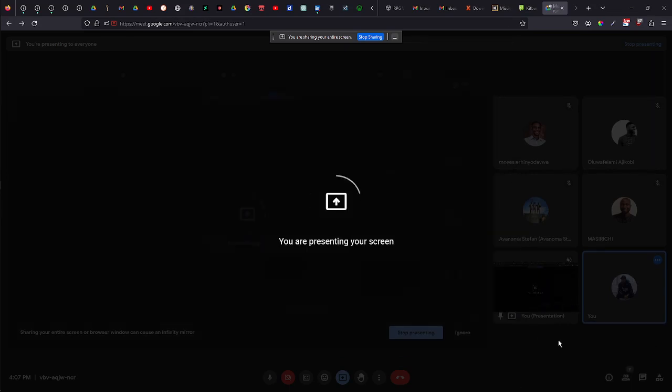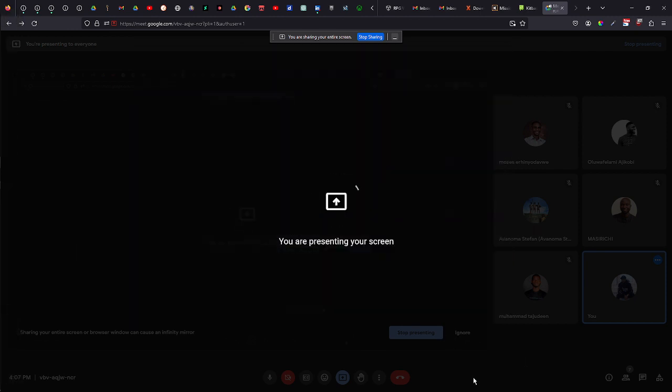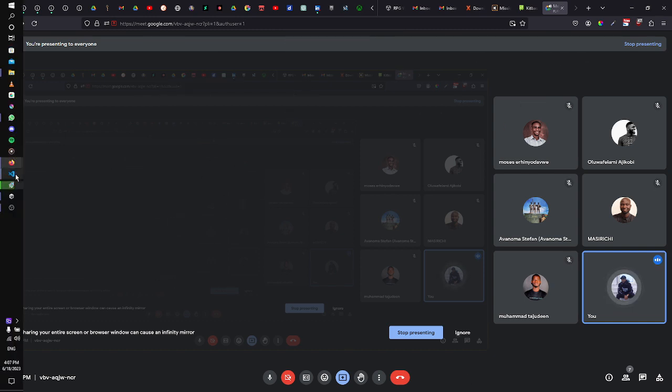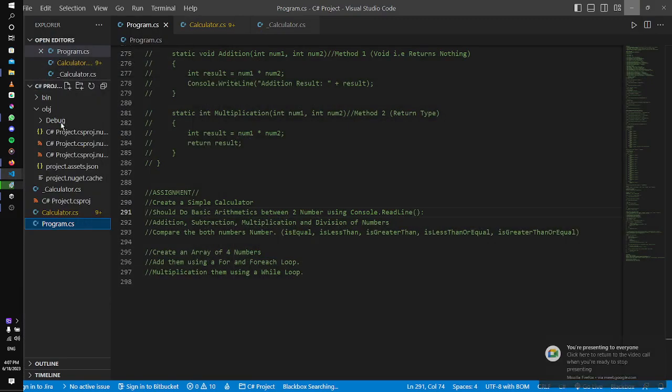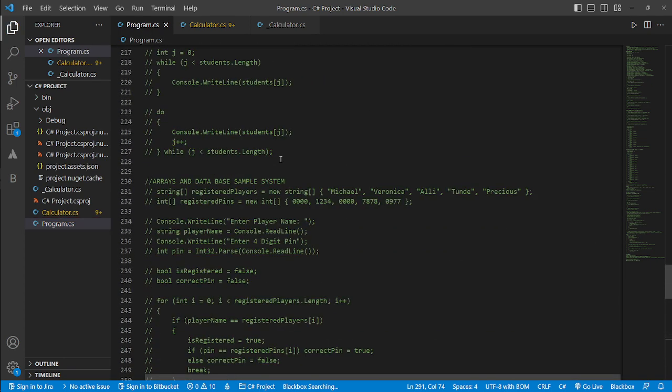Start off today's class. Okay. So yesterday we rounded up on programming in C Sharp, introduction to programming in C Sharp, and we were able to cover